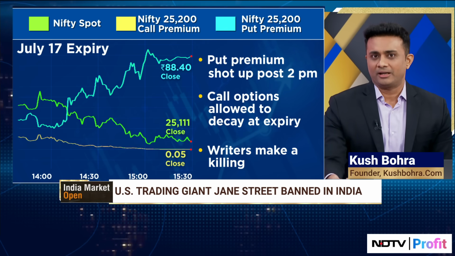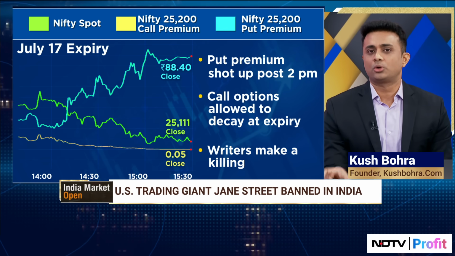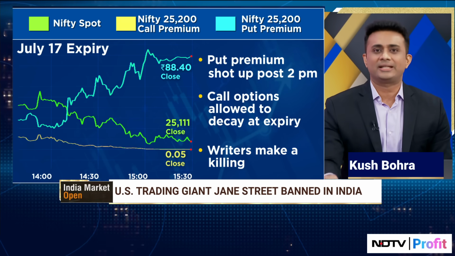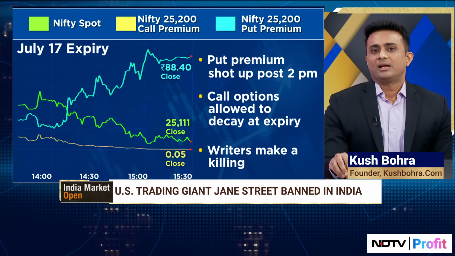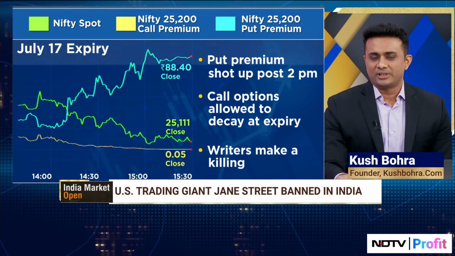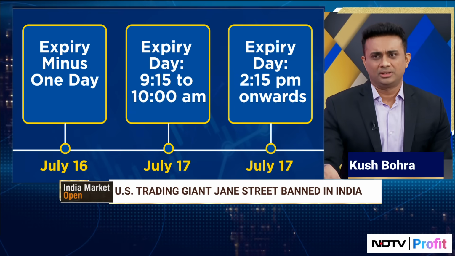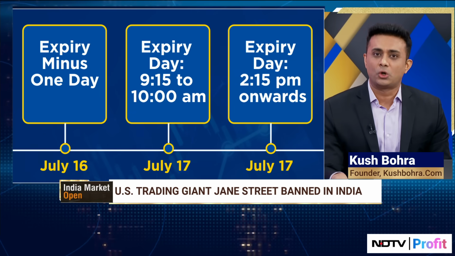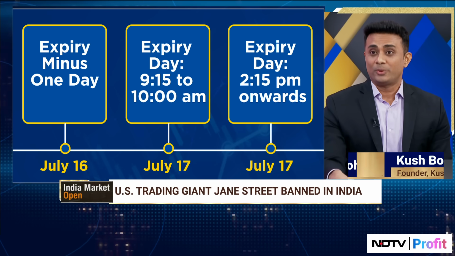If you see the SEBI data, for the last 4 years, the total losses that the retail traders have made in derivatives is close to 2,86,000 crores. Correct? The Jane Street profit for the last 2 years has been about 36,500 odd crores. That is just about 12% of the overall losses that the retail traders have made, which means